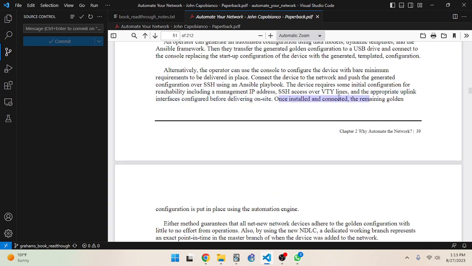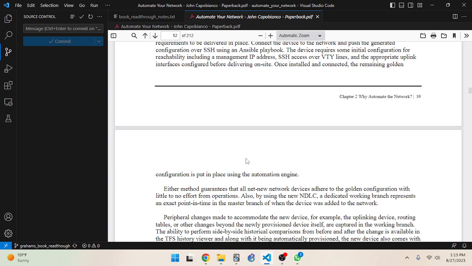Okay, so once installed and connected, the remaining golden configuration is put in place on the automation using the automation engine, assuming that it is compatible with the current version of the operating system and that the current version of the operating system is the version you want.